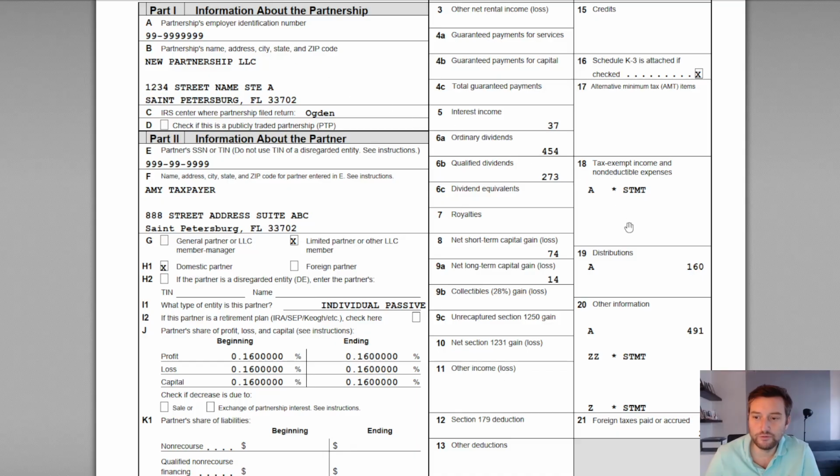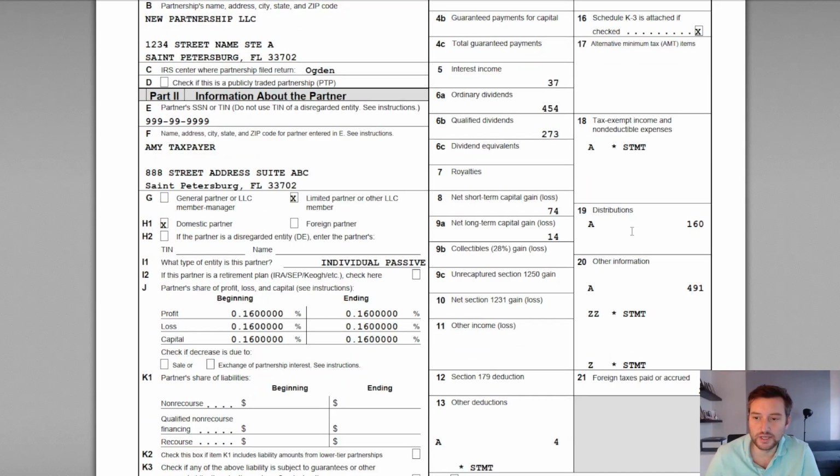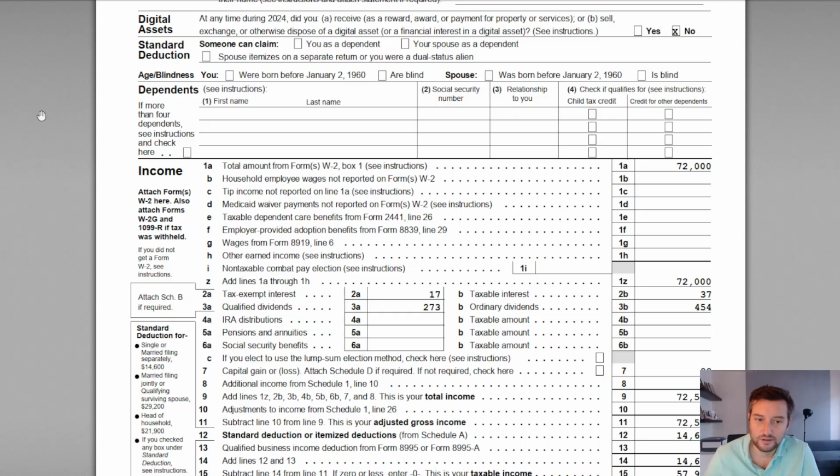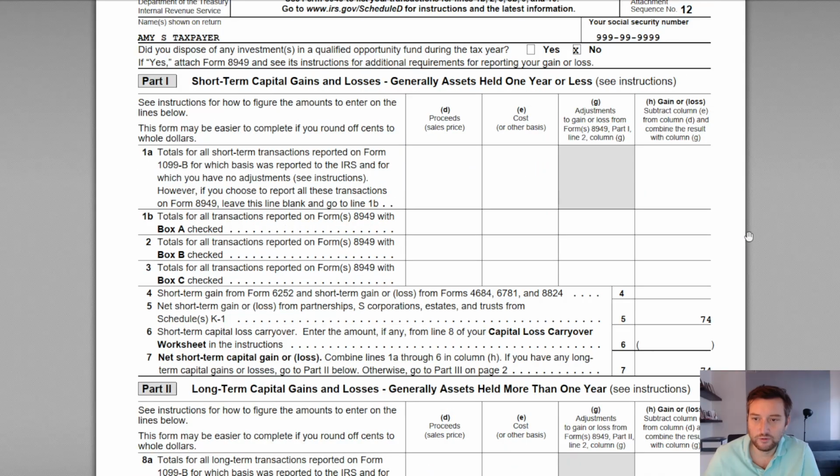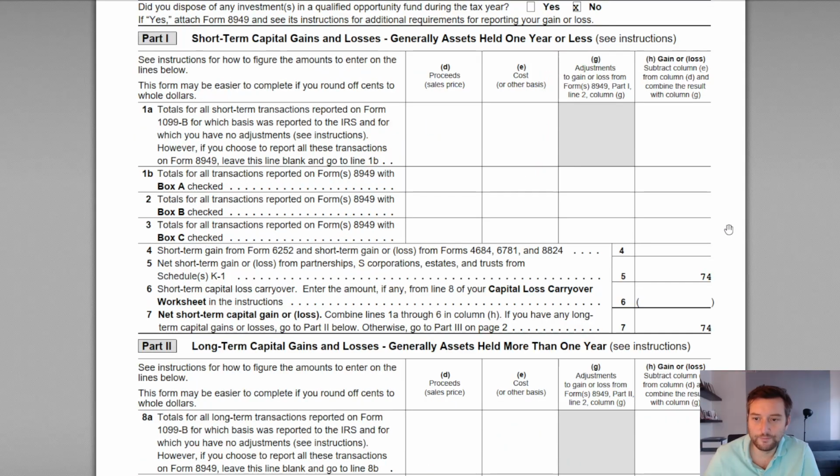Now, moving on to lines 8 and 9, we have net short-term capital gains of $74, and net long-term capital gains of $14. Those two items are going to be reported on the 1040 on Schedule D. So if we have a look at Schedule D, capital gains and losses, we can see that in Part 1,